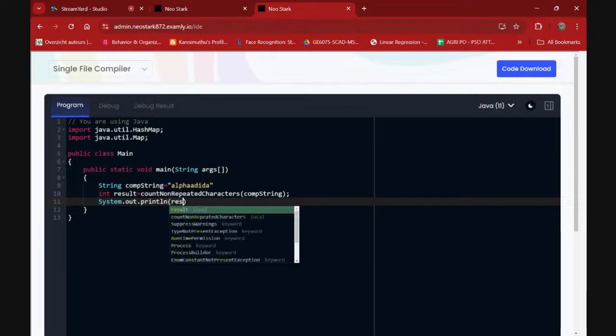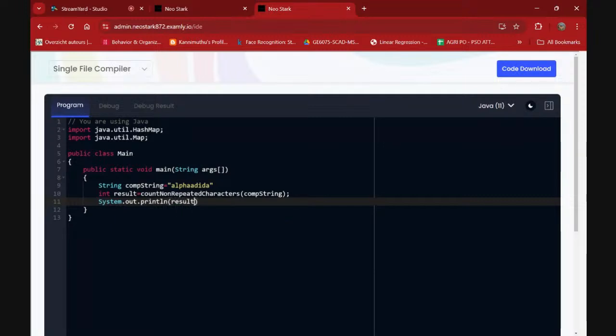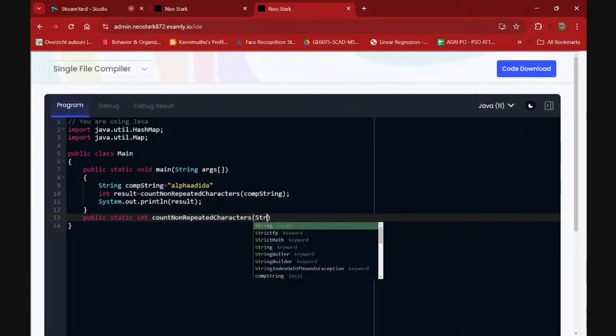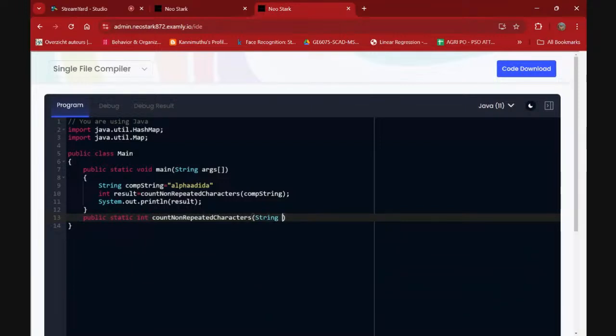Now, let me define the function, then we'll talk about the test cases. Static int count non repeated characters, and I'm going to pass a string which is comp string.